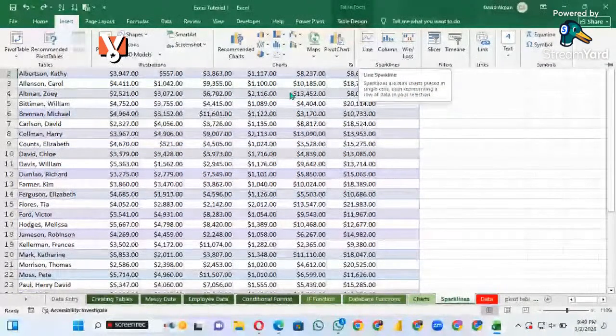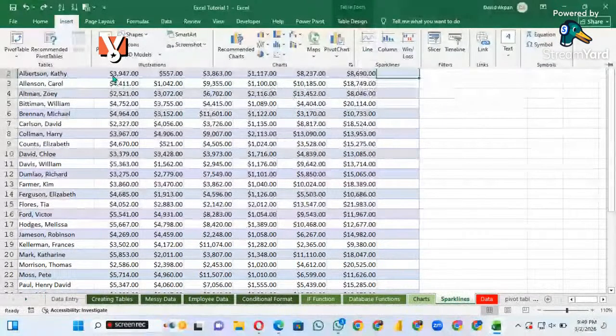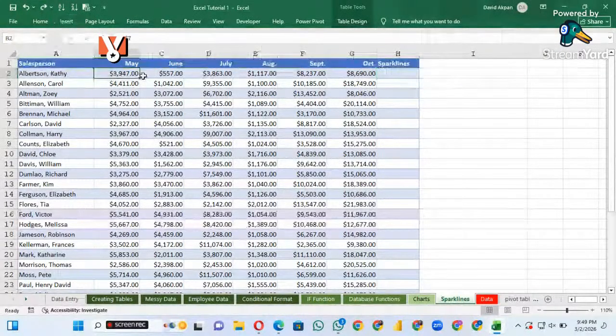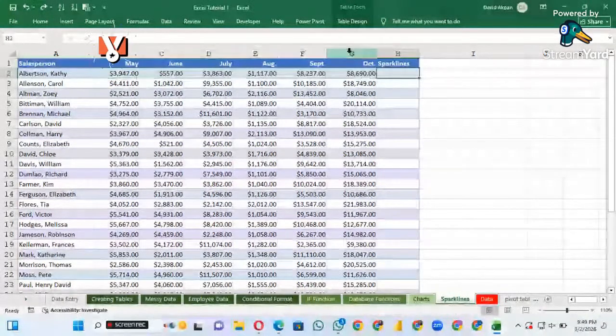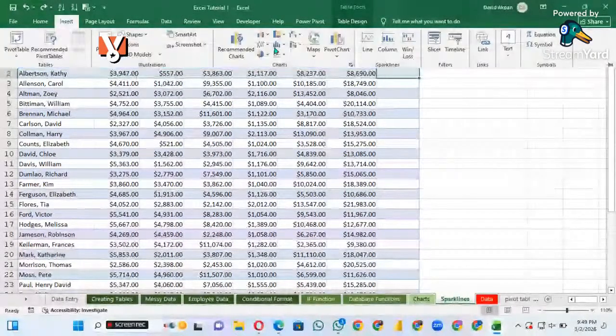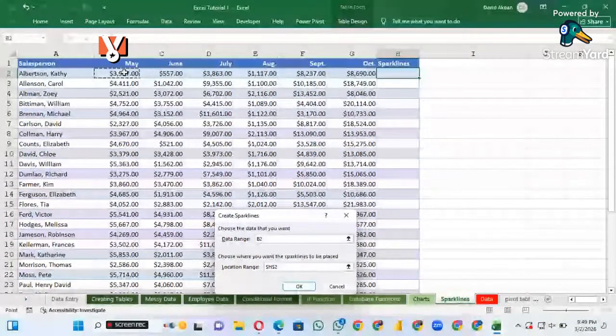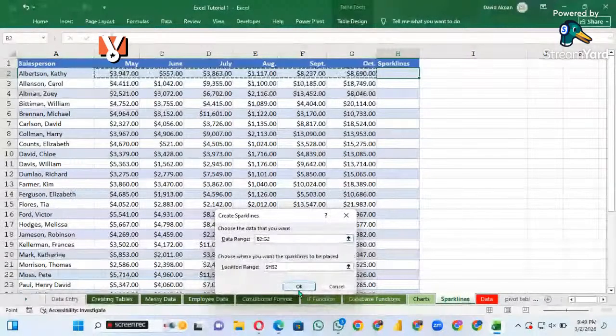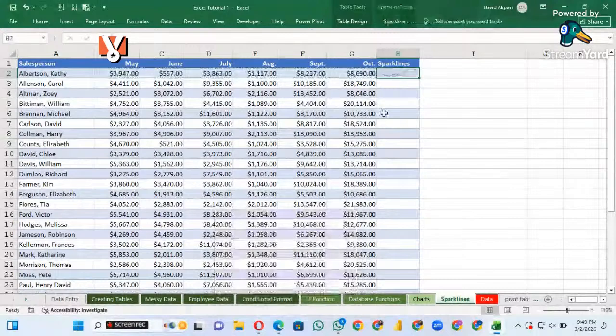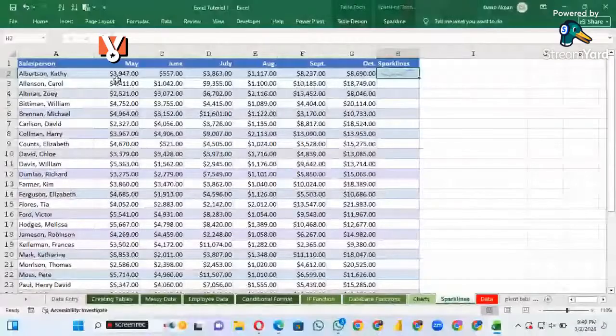So first of all, what you do is you select the data range. So it is from here up to this point that you have it. Let's just try the spark line, and then we include a spark line. So it's asking us for the range. So I'm going to highlight my range, which is from here to here. That is from B2 to G2, and then I click that. So you see, a spark line is now automatically created for us, which shows what happened for each of the